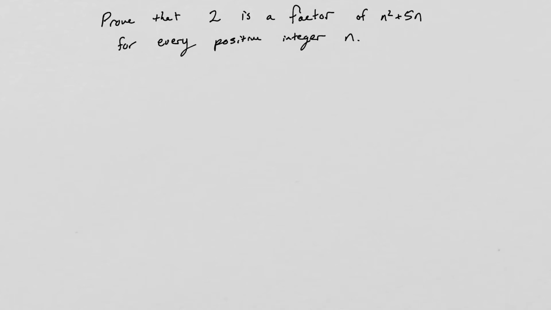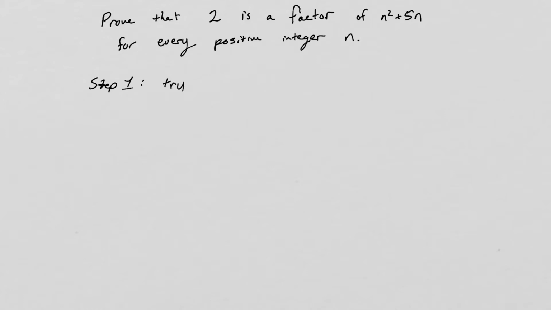Okay, we want to use mathematical induction to prove that 2 is a factor of n squared plus 5n for every positive integer n. All right, so to prove something is even, or to prove that 2 is a factor, we need to be able to write the number as 2 times some other number. Okay, so we can do that. So step 1,